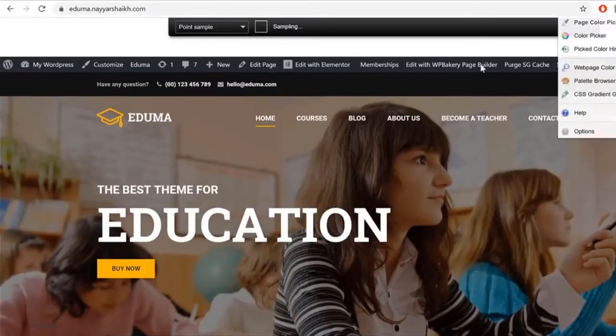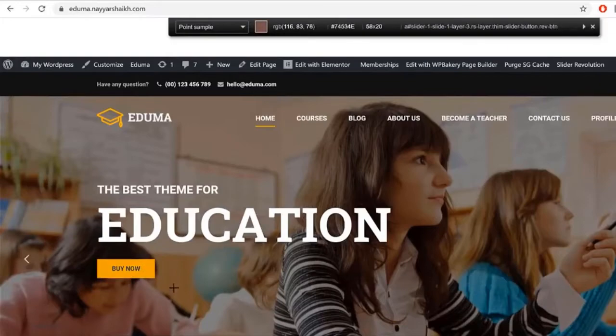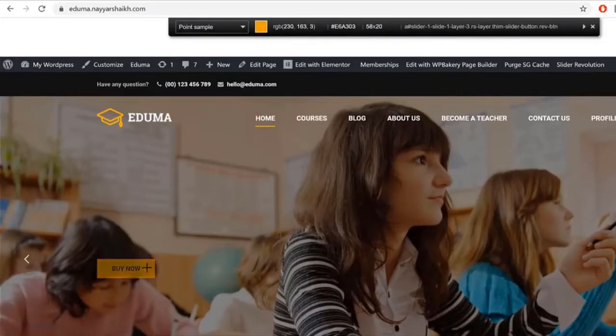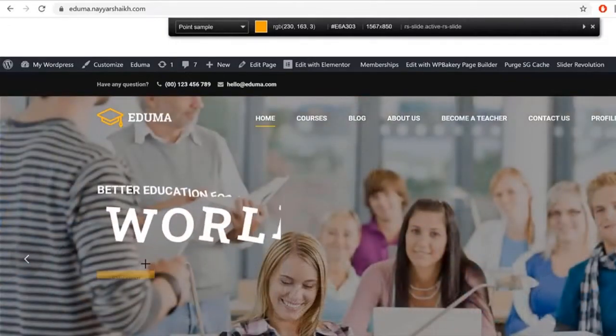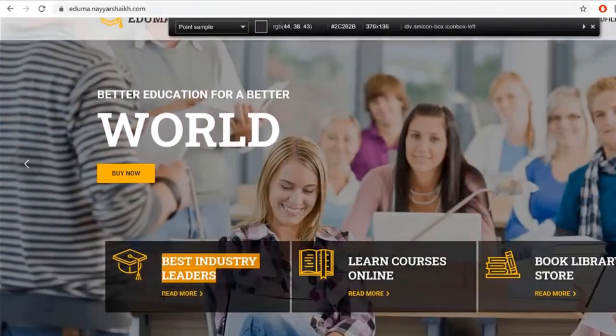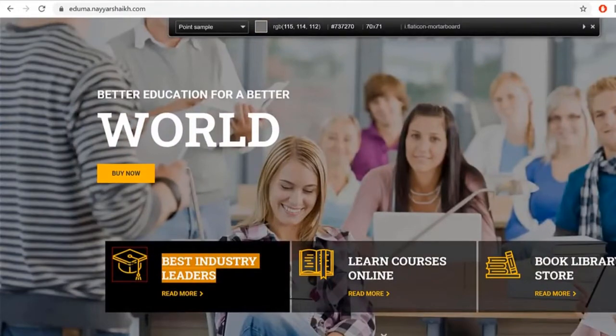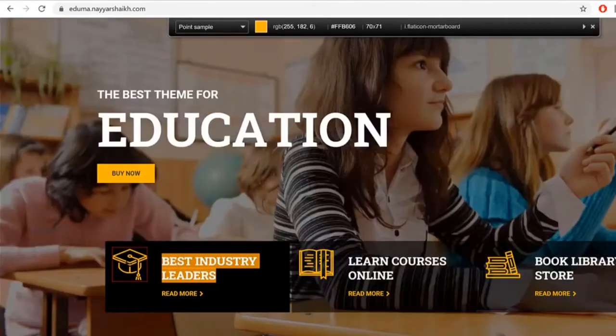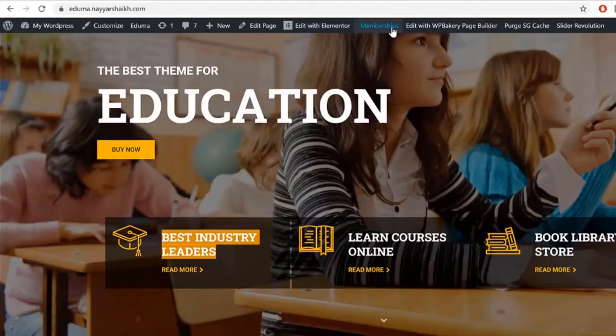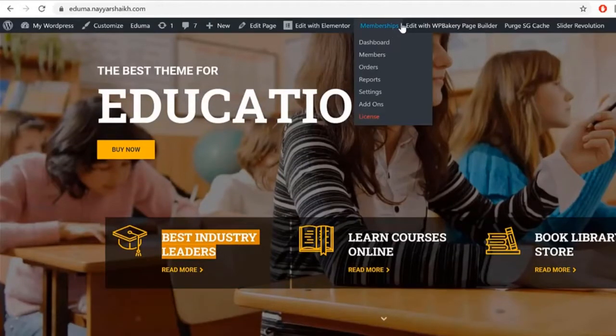Click on that icon, and whatever color you want to copy, just bring your cursor to that place. For example, if I want to get the color of this button, I can select that button. Or if I want to get the color of this icon, as you can see, when I do it like this, I can get the color of this icon. And I can just click on this. When you click on this, this color code will be automatically copied. And this color code is